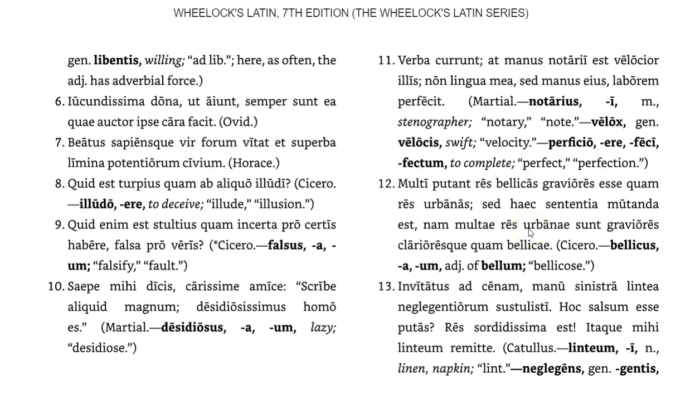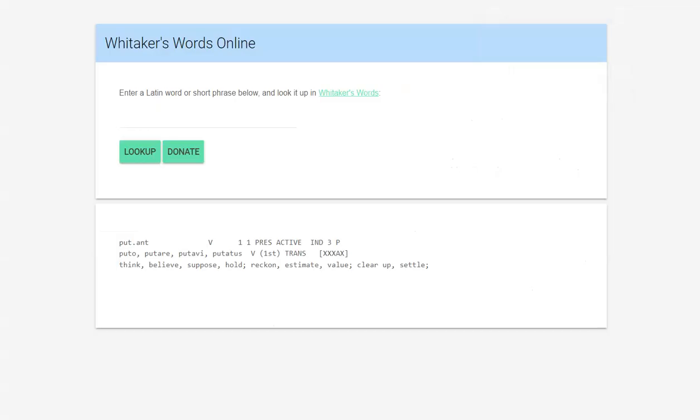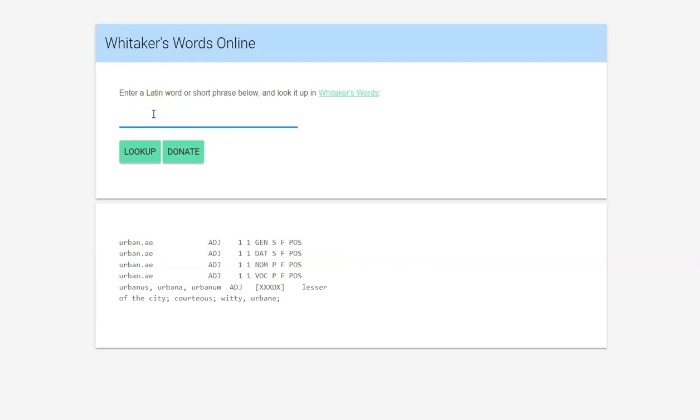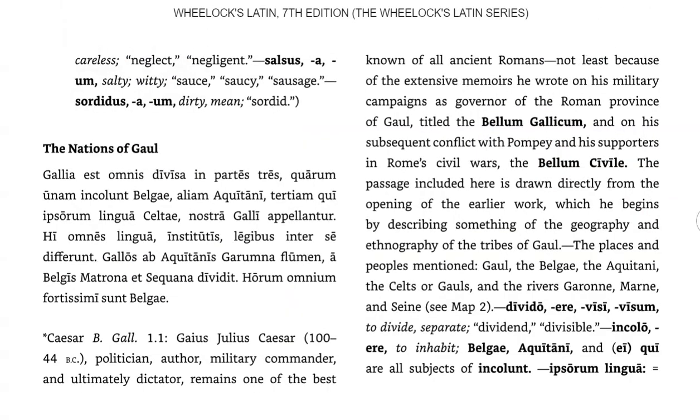Now, urbane also means kind of having a cosmopolitan disposition, doesn't mean state. So if we put this in our Whitaker's words just to give us some alternative, of the city. So maybe that's the way we want to do it, of the city. All right, so let's take a look at the longer passage, which is,